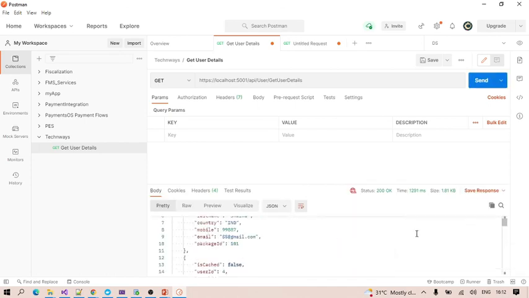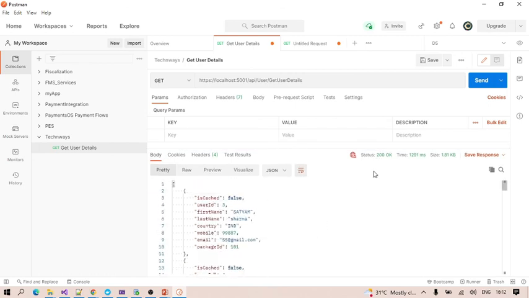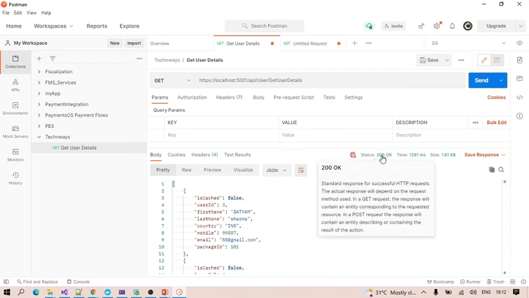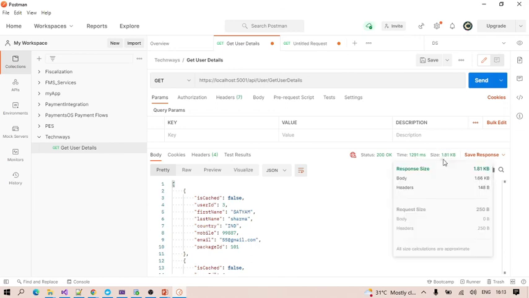See the response is coming now. 200 means it's executed successfully. This is the time it was taking, and this was the size of your response.